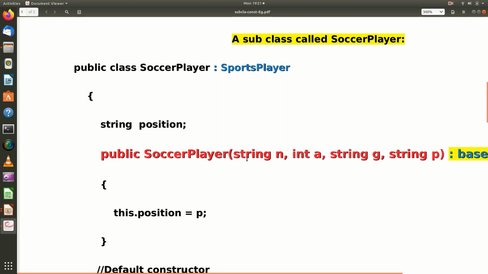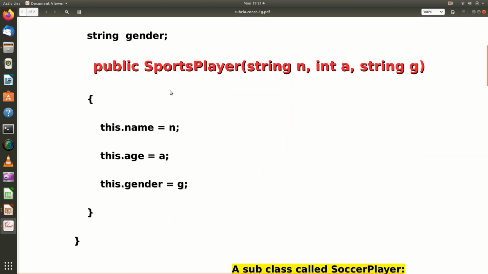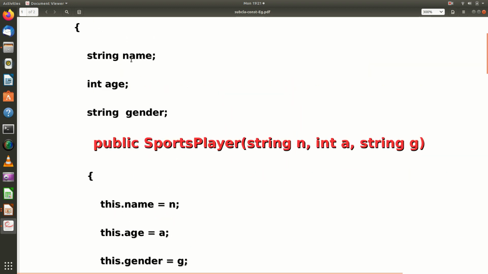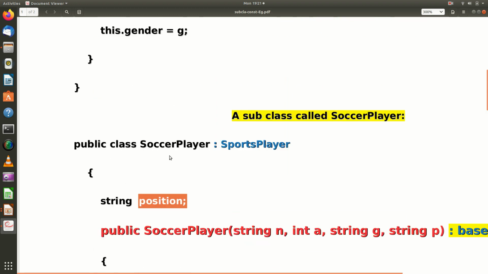Then I am passing 4 values here. Why are we passing 4 values? Because the soccer player has one data field as position and 3 inherited data fields like name, age and gender. So totally this class is having 4 data fields.